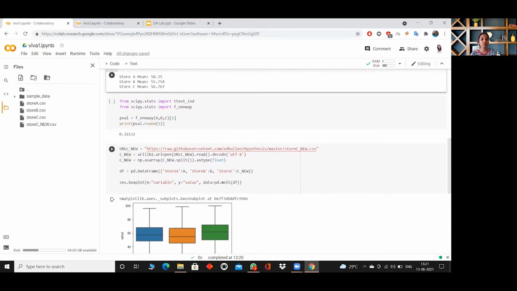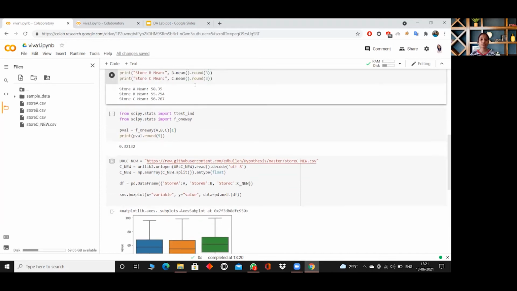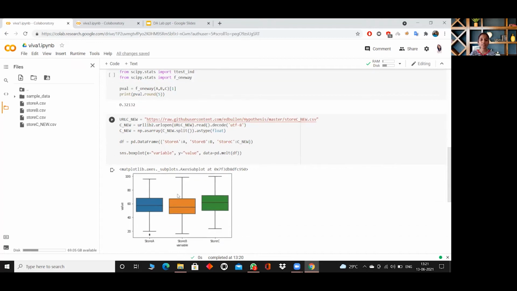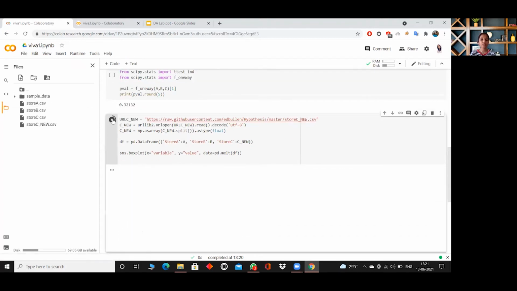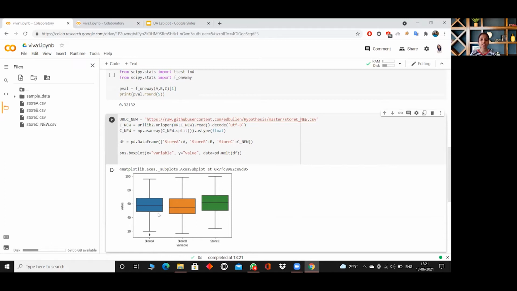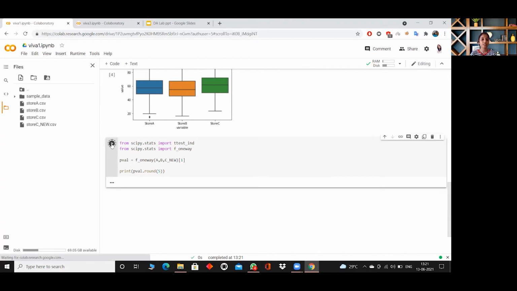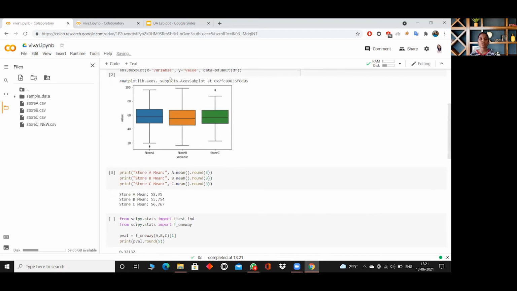Now we import the fourth URL, C, and we basically rewrite the code for the new store C as this one. And we write the ANOVA test and print its value. When we run the code, we get the three columns for store A, store B, and store C. And again, we print the value for the estimated density up to 5 places. And this is our output. So this has been my first question.